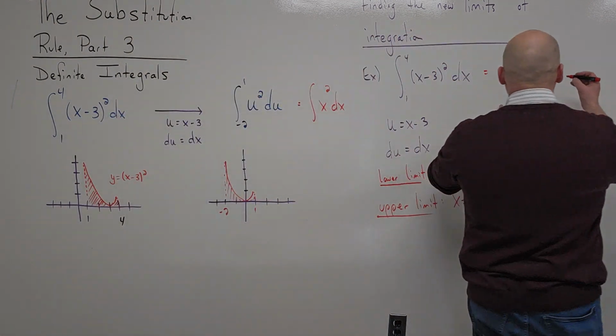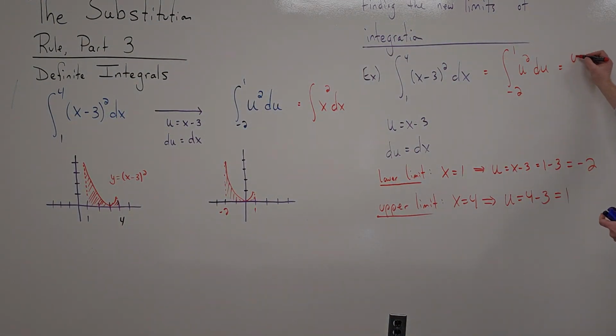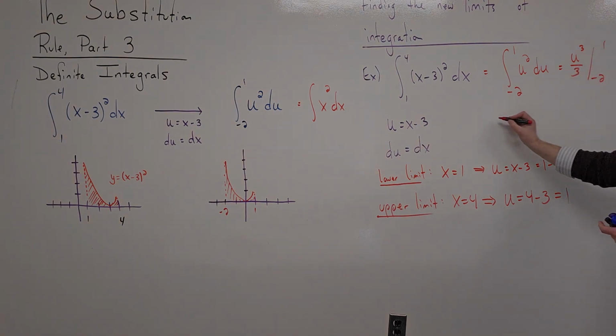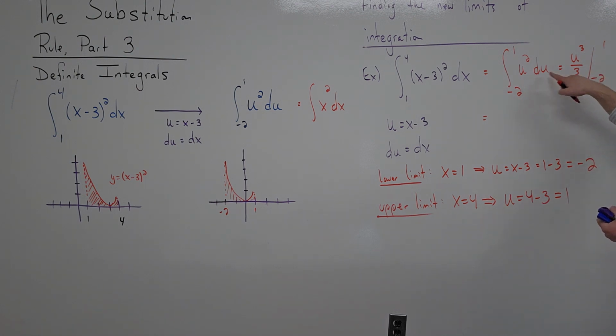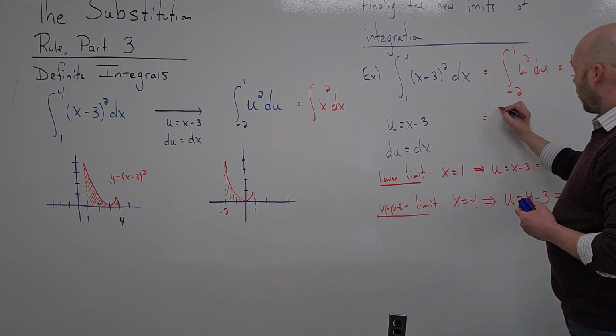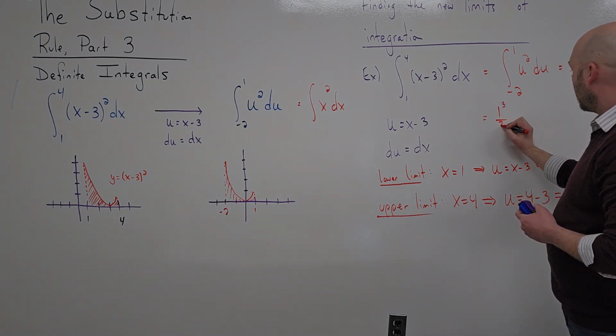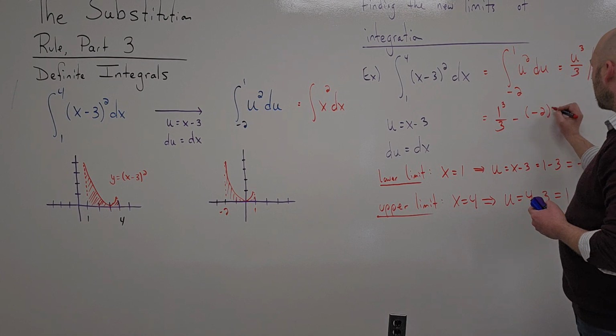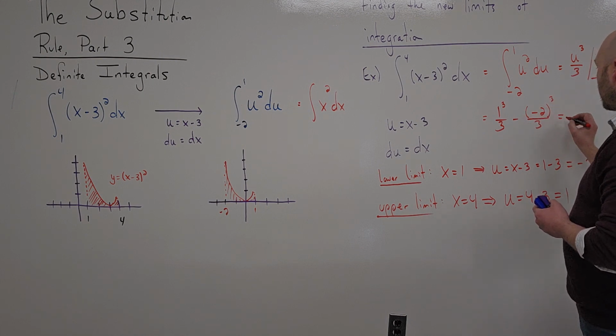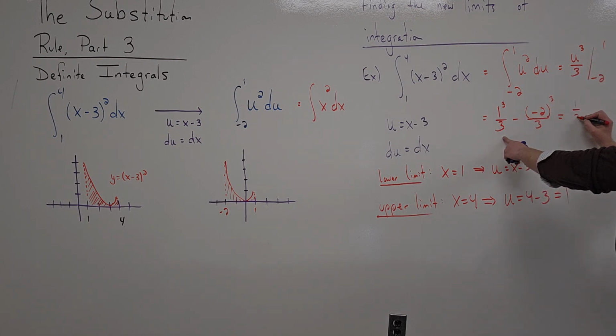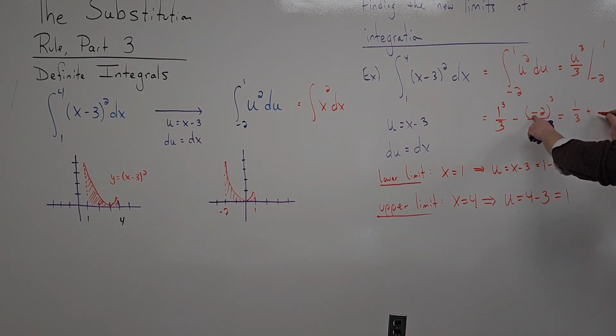When we finish this off, this would be u to the third over 3 from negative 2 to 1. And remember, when we evaluate an antiderivative, we evaluate the upper limit of integration first. So 1 to the third over 3 minus negative 2 to the third over 3. So I've got 1/3 minus minus a plus 8/3, 9/3, which gives me